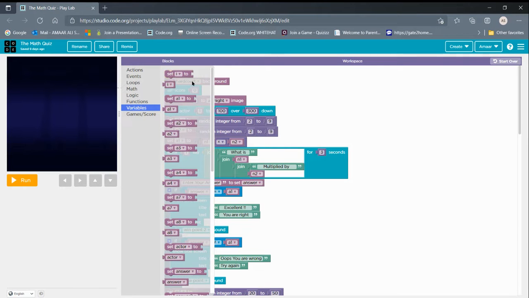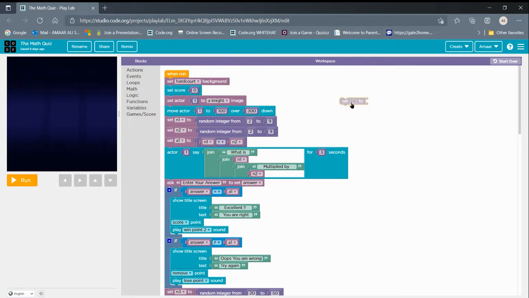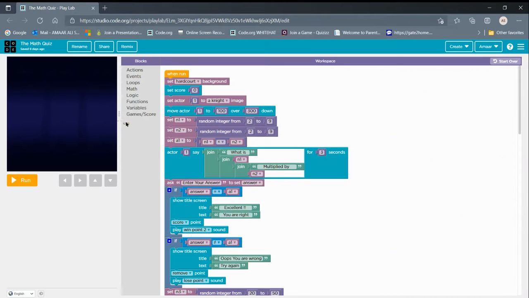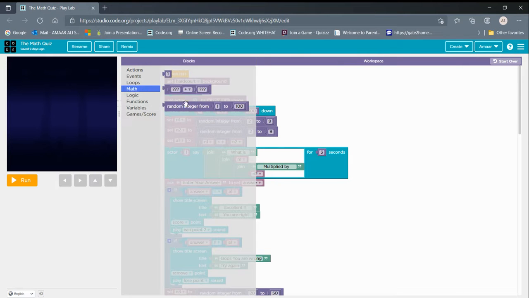You take this one, rename this variable and take it to n1. N1 means number 1. Now create 3 of these and now go to math, random integer from 1 to 100.